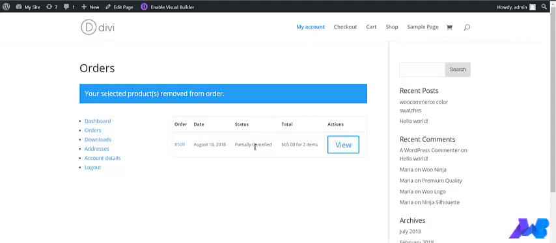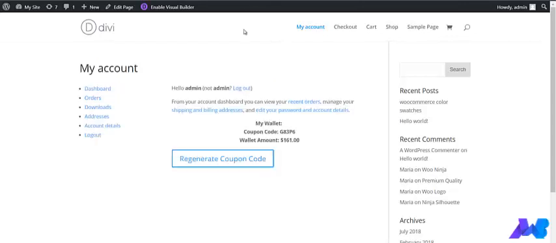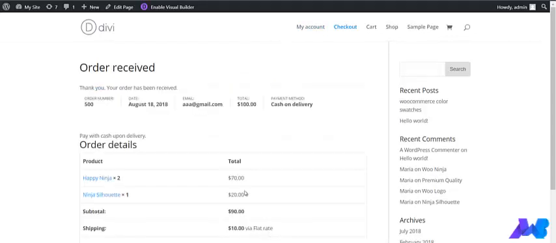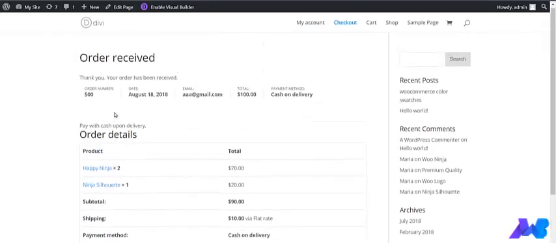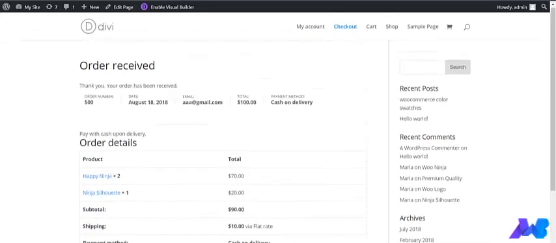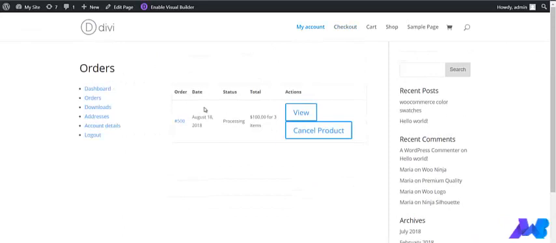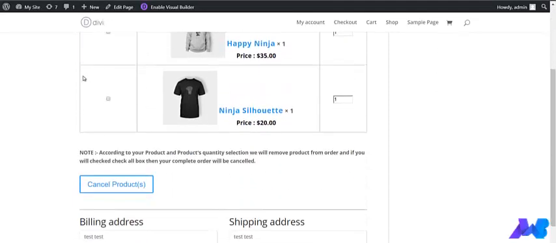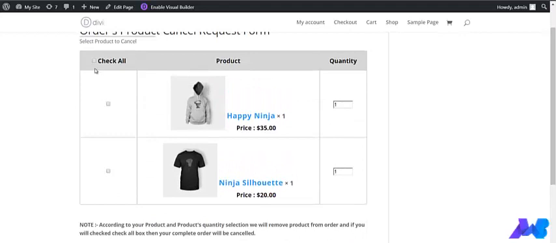And now let me show you how you are going to cancel the whole order. Okay, so this was our whole order, and if I again click on cancel product, so these are our two products that we had purchased from the shop page.